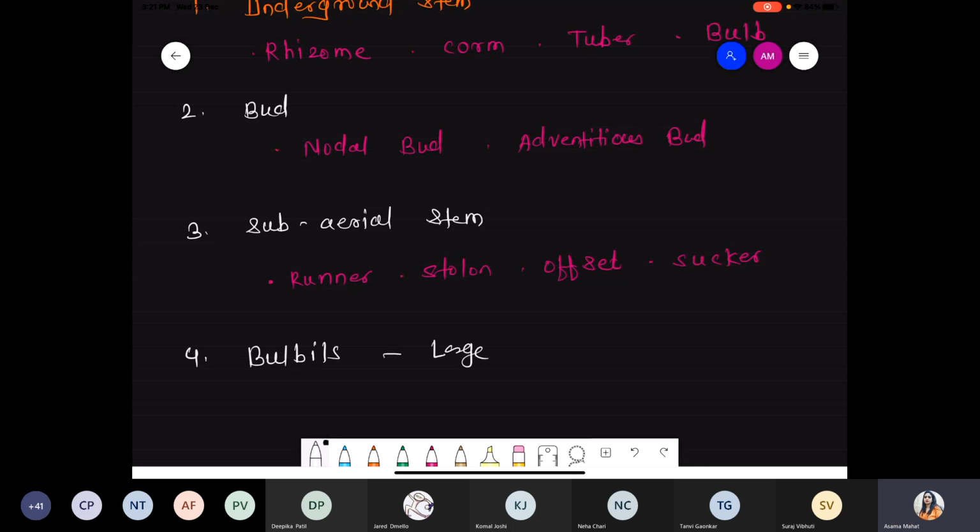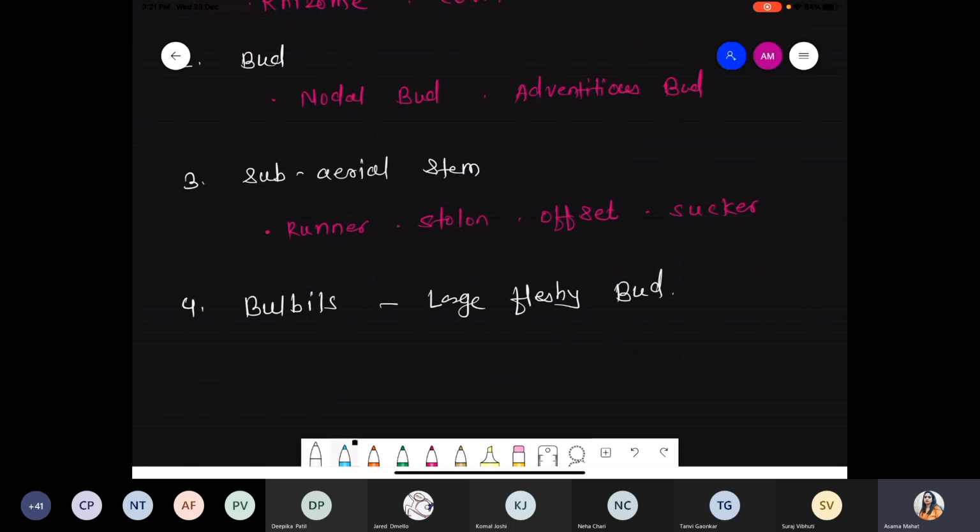That is large fleshy bulb. We have seen this also. With example, that is COLA. I hope you remember: C for the chlorophytum, O for the oxalis, L for the lily, and A for the agave. So bulbil category also. And the fifth one,